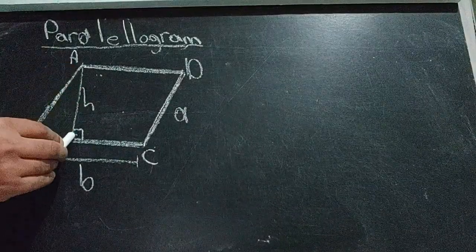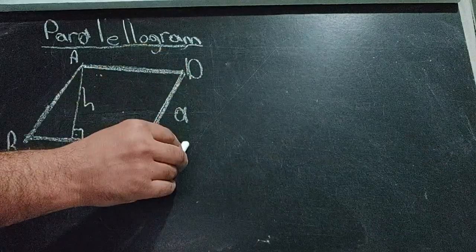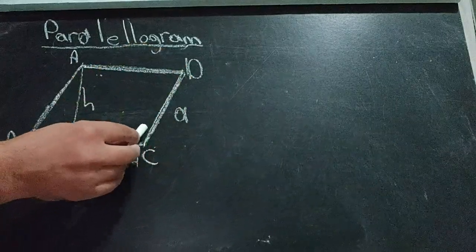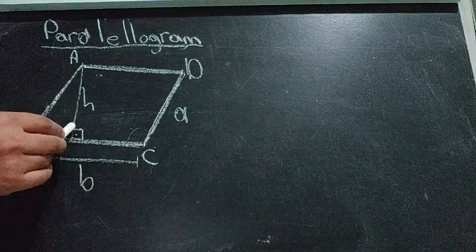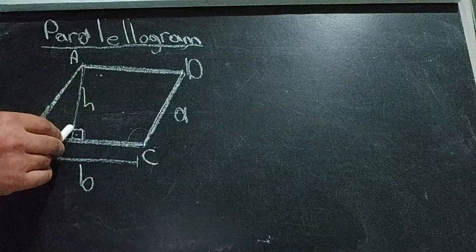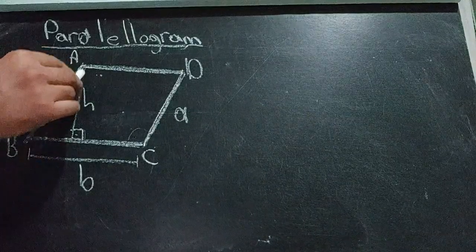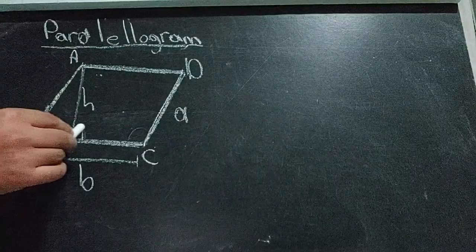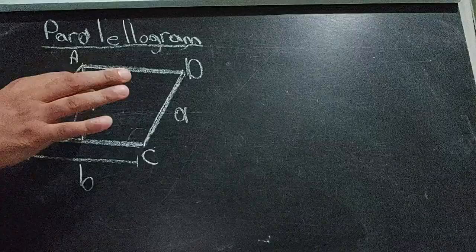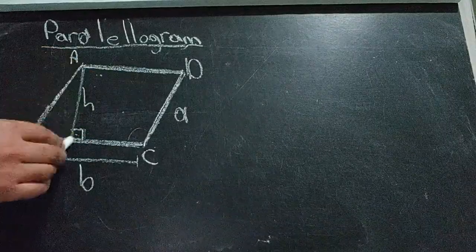My other shape is parallelogram. See, parallelogram, there is the height. For rectangle, this side was height already, but here the sides are not meeting at 90 degrees. Remember I told you this must be 90 degrees to say this line is the height of the shape. That's why you draw the height separately like this. The formula is exactly the same, just the shape is different, and this height is there, not the side